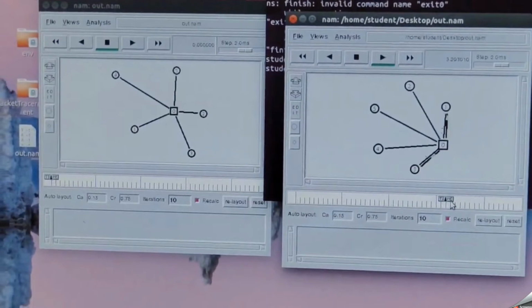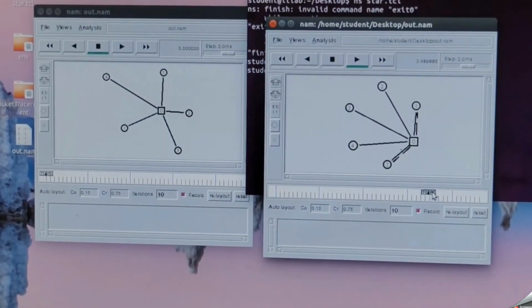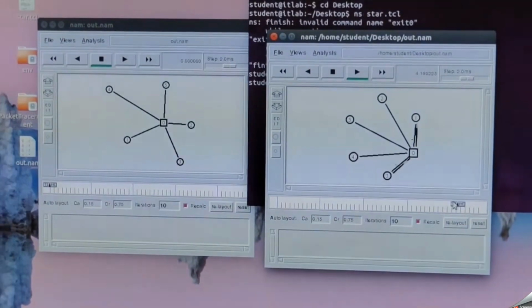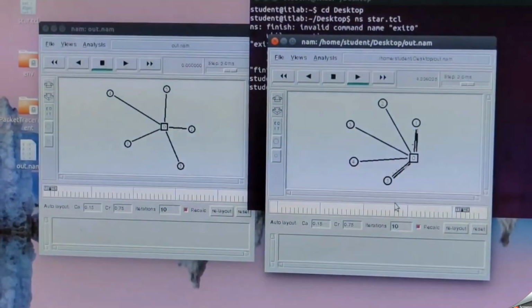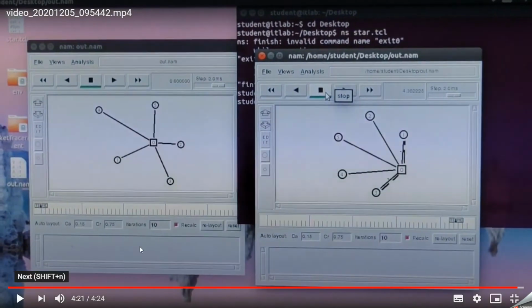You can scroll your timeline and see the flow of packets taking place from N0, N1 and N3. You can see the layout also. On the right hand side, 2.0 milliseconds, that is nothing but the delay. I can adjust my delay.